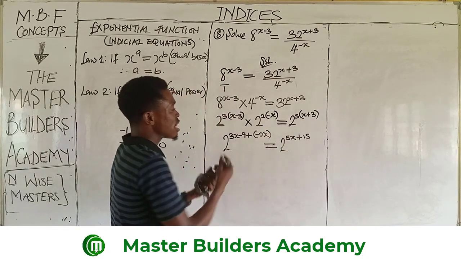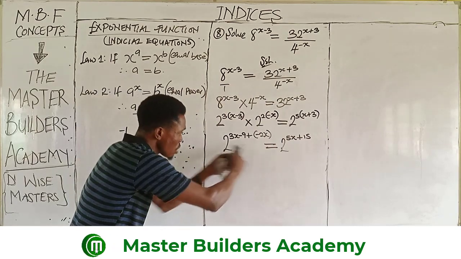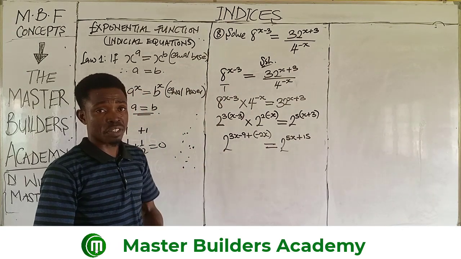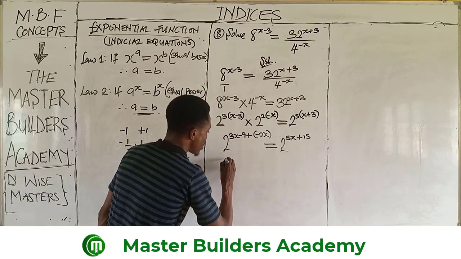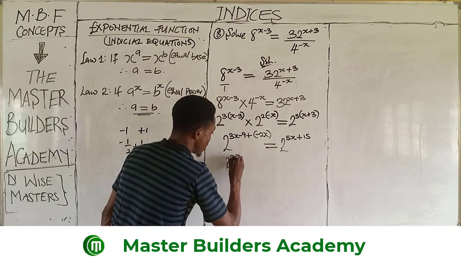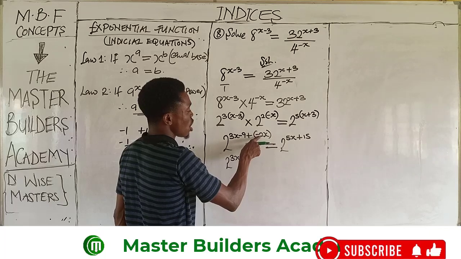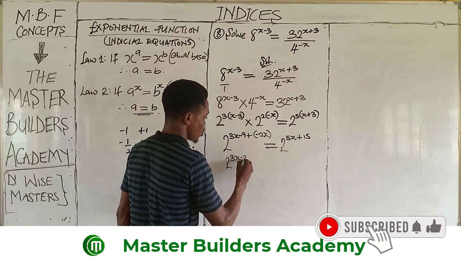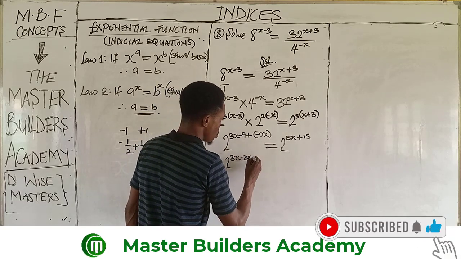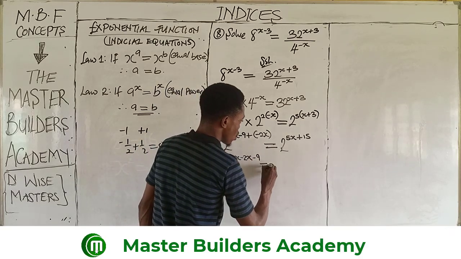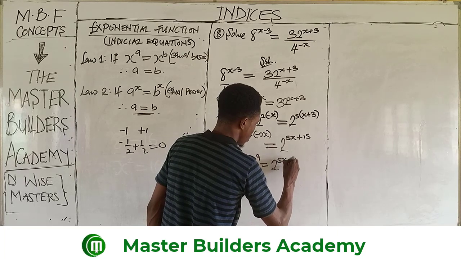We can decide to simplify this before we cancel out the base. We can also decide to cancel out the base here. It's a matter of choice. Are we there? So now, let's reduce this before we cancel out the base. This would have given us 2 raised to the power 3x. Now guys, minus times plus will give us minus. So this will have given us minus x, then minus 9 is equal to 2 raised to the power 5x